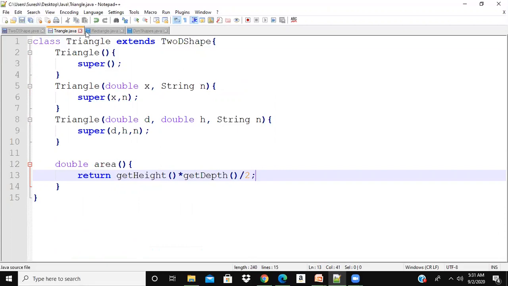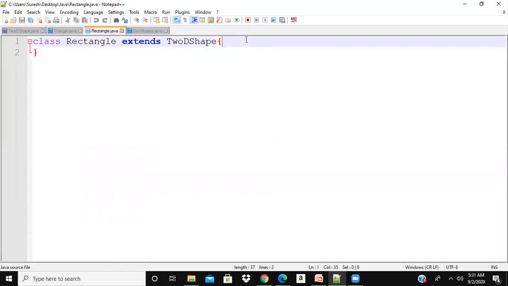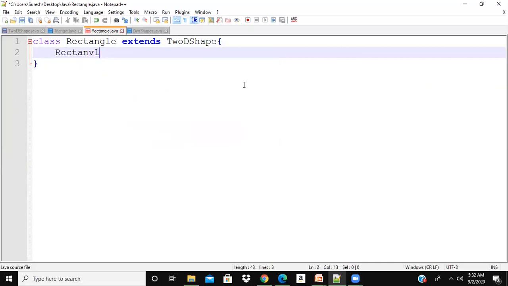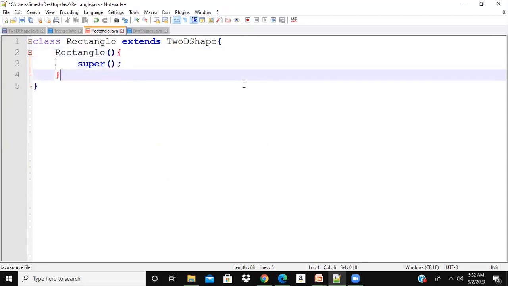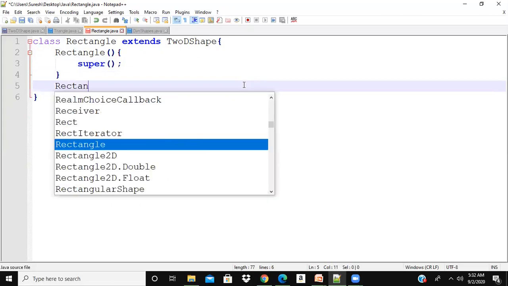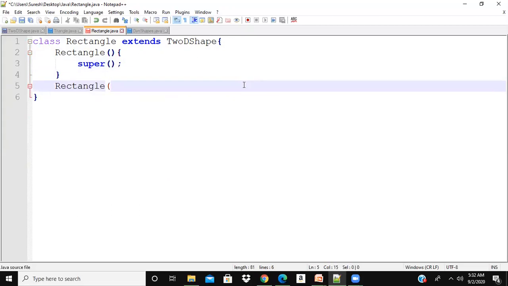It's ready. Let us go to the rectangle class. Class rectangle extends 2D shape exactly the same way. That is, write the rectangle constructors, the default constructor. I'm just calling the parent class constructor using the super keyword. Rectangle, double x comma String n.